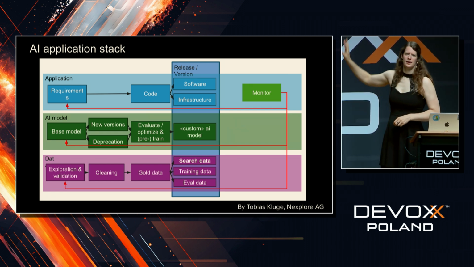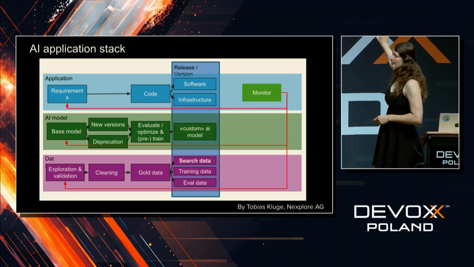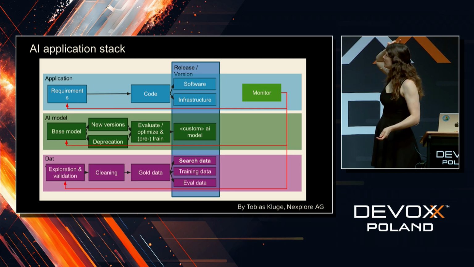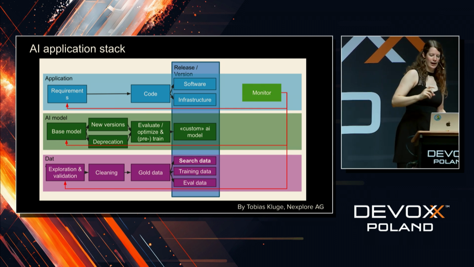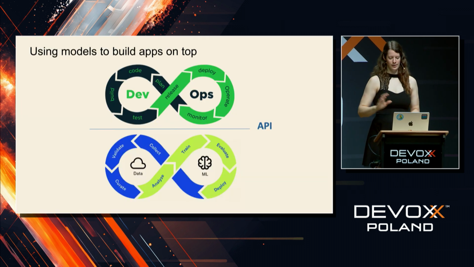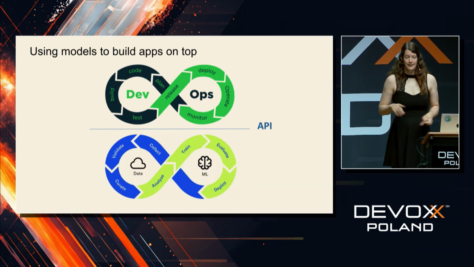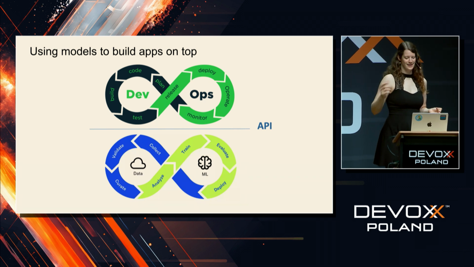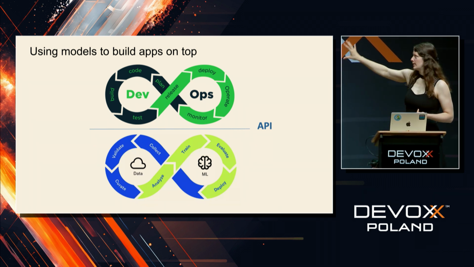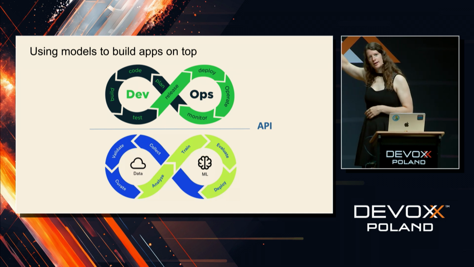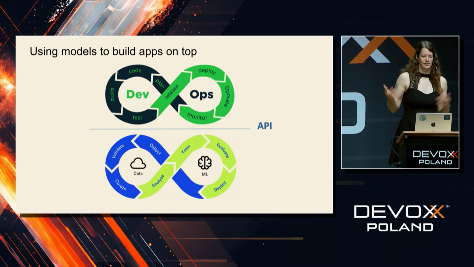Good thing is that you can ignore about all that for now. That's data scientists' job and specialty. We just stay up there in the application layer, and we are going to use these models as any other API. An API with a certain latency, yes. With a cost, yes. But we don't have to care about this whole MLOps, machine learning operations. We just stay in our developers and DevOps space and use the models.